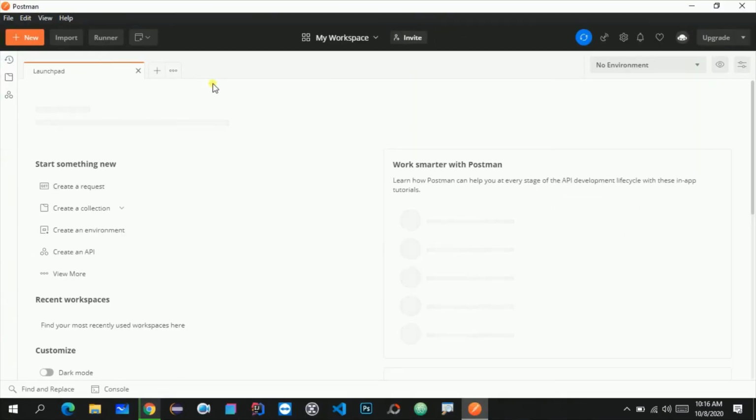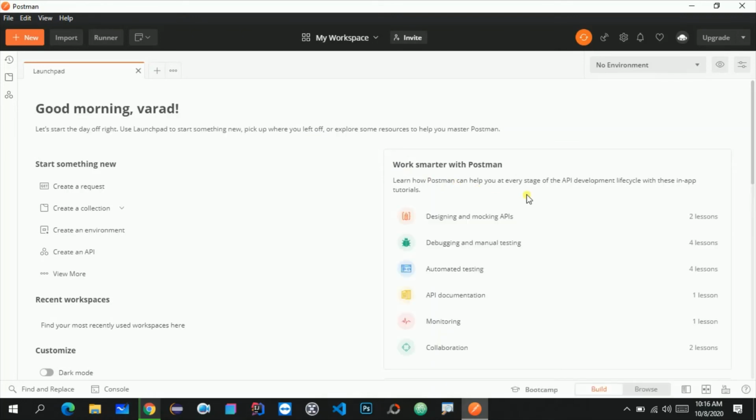Now as you can see, the application is opened and Postman is successfully installed on our Windows operating system. So the procedure is quite the same for Mac and Linux operating systems as well. So if you are a Mac or Linux user, then you can also watch this video. So this is how we can install Postman on Windows operating system.